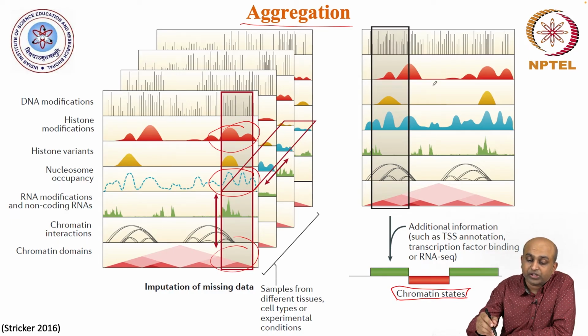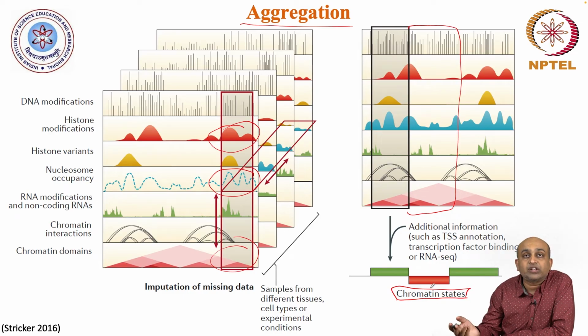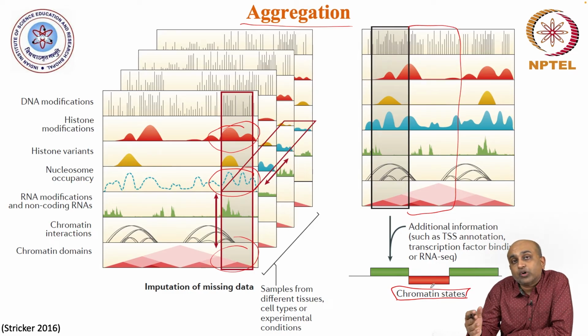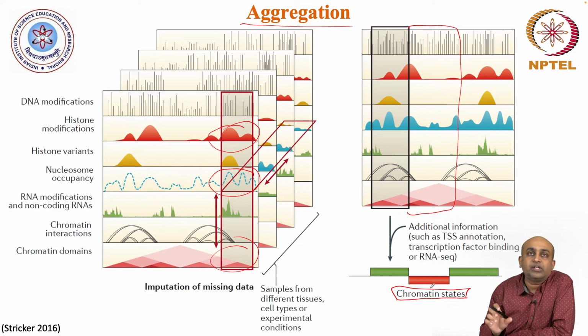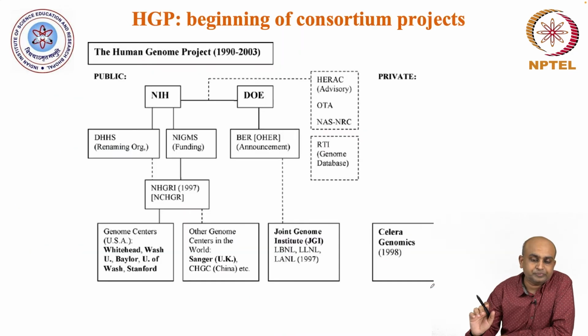Then same thing you can say, okay, then this second combination of chromatin states is another chromatin state, right. So, you can aggregate across these different assays and you can define your own new chromatin states using some tools, and then you can see, okay, given this combination of assays and when we have defined this chromatin state, what does it mean biologically, right. So, aggregation is again another very useful way to integrate different data types, and that can give you some new insight when you try to associate this state with some specific phenotype, right.